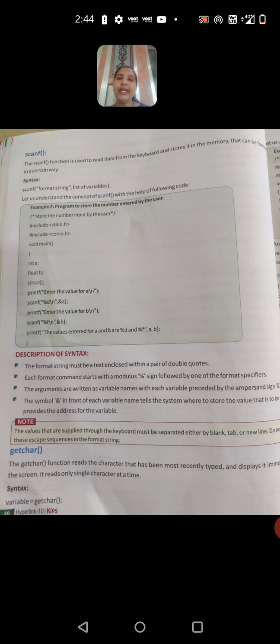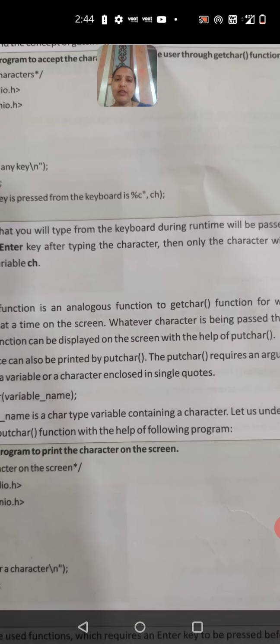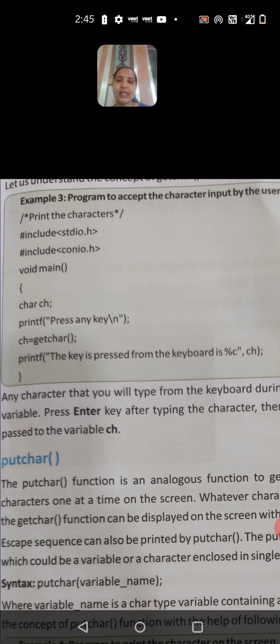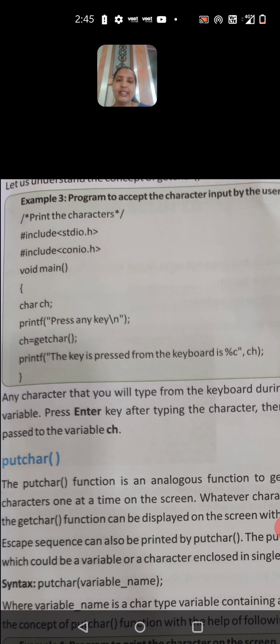To immediately see the value on the output, we use a function called getchar. The syntax is: variable equals getchar with empty brackets, ends with a semicolon. See the C program they have given as an example to understand this.